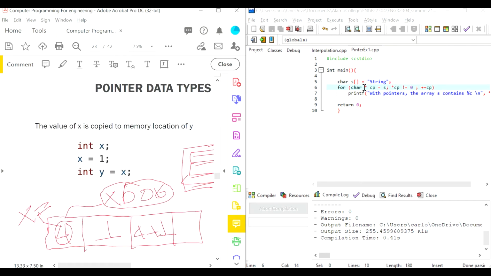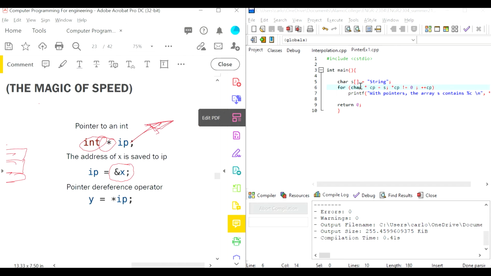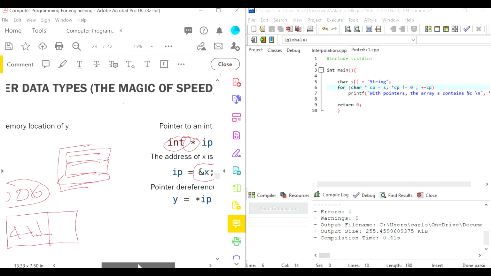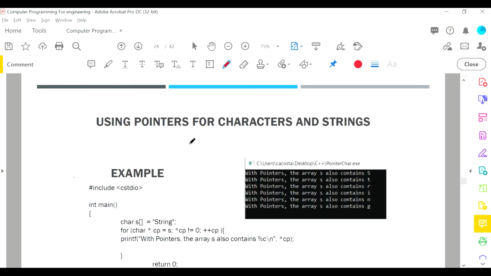So this pointer is type character, and the pointer is called CP. And then when CP is not equal to 0,